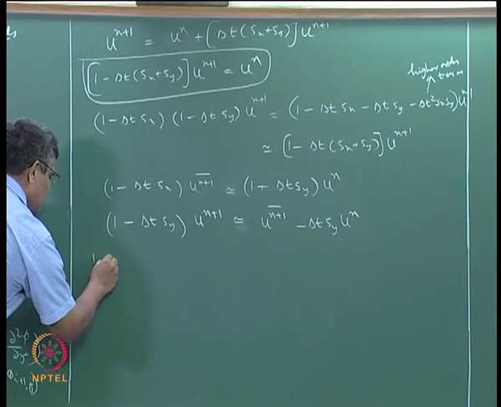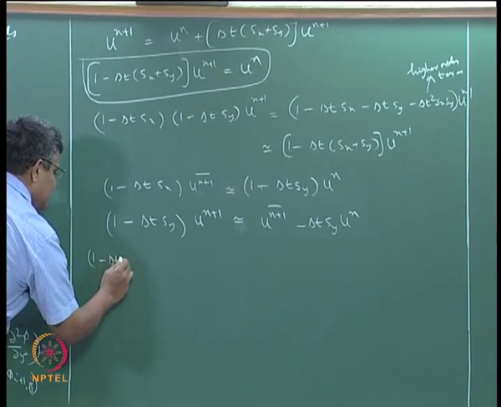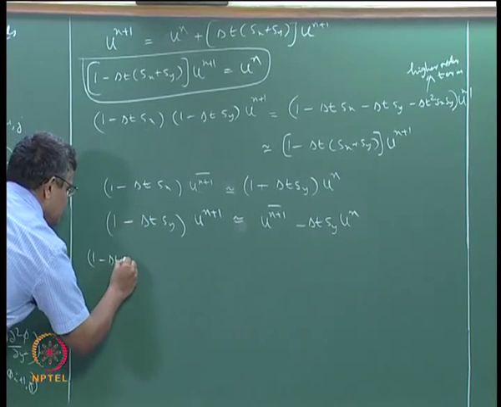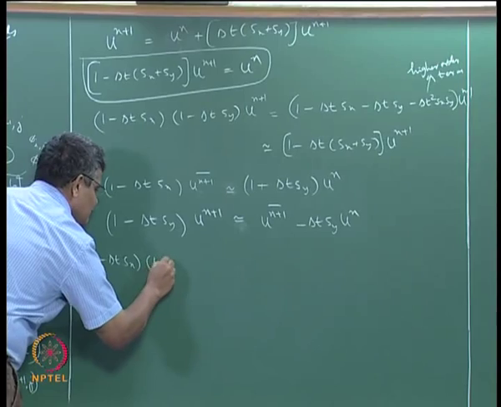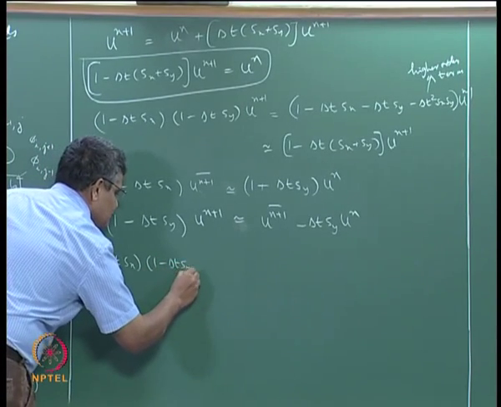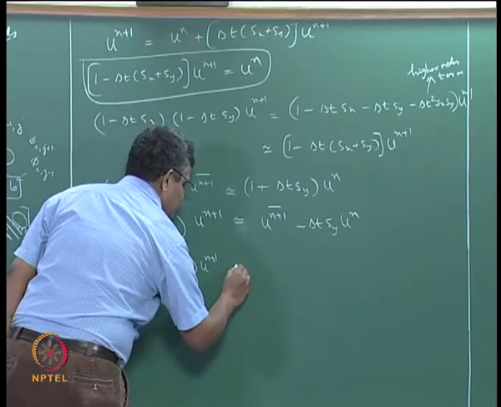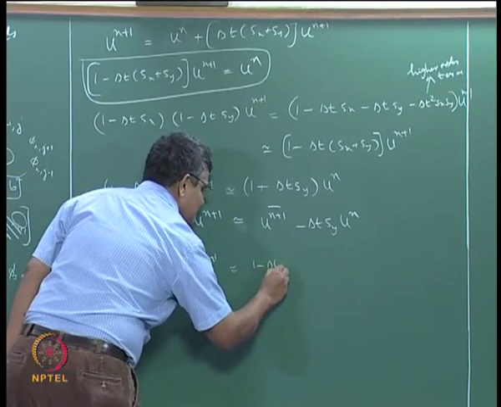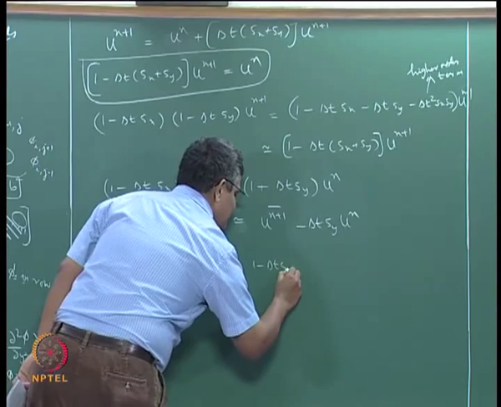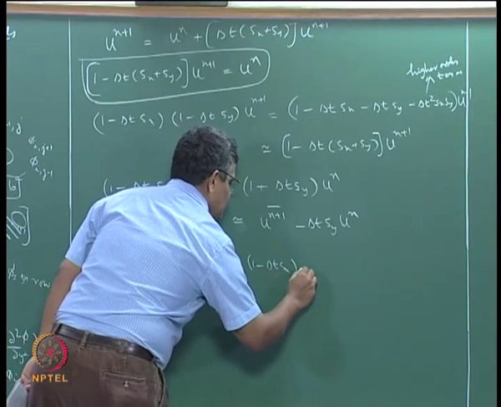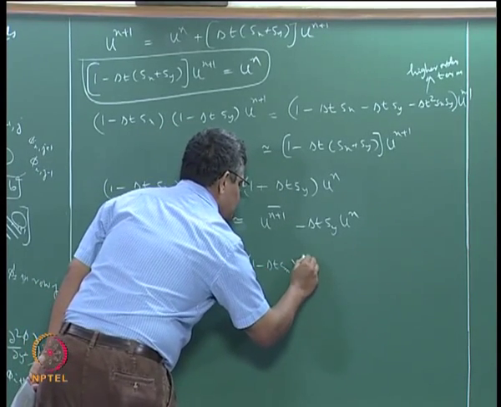So if you do that, 1 minus delta t Sx times 1 minus delta t Sy u n plus 1 is 1 minus delta t Sx u n plus 1 bar